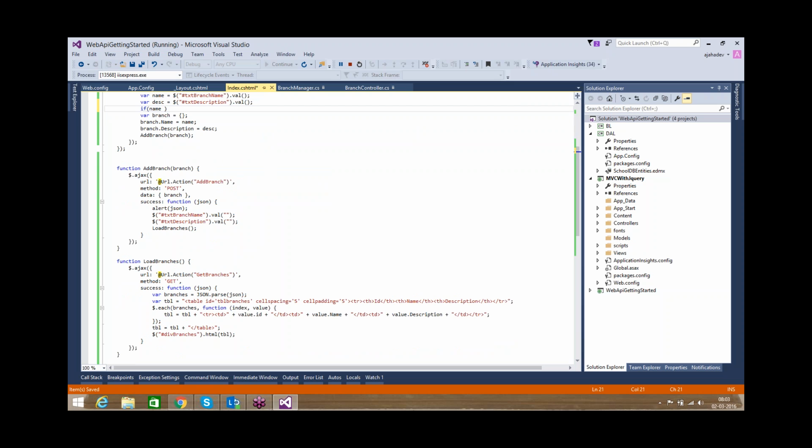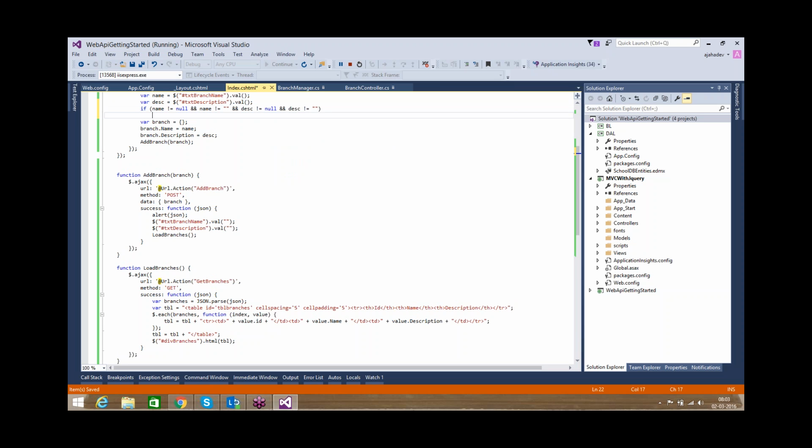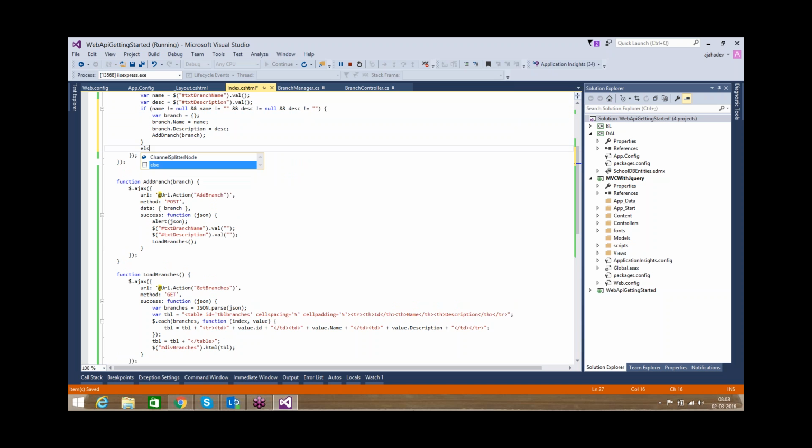If name not equal to null, and same thing, and description not equal to null and description not equal to blank, then you process your operation, else